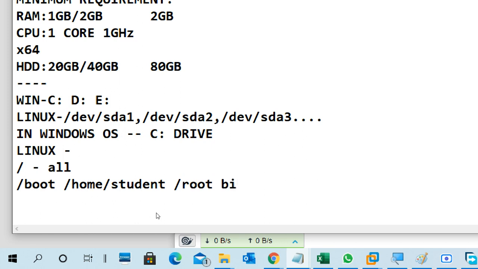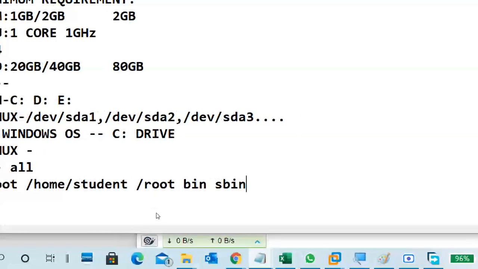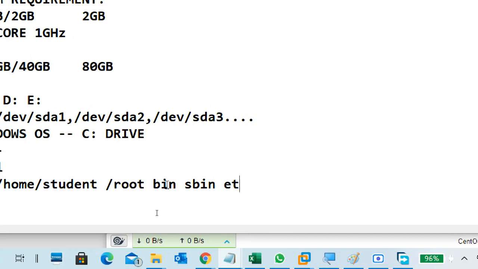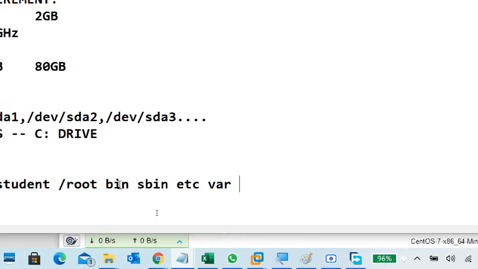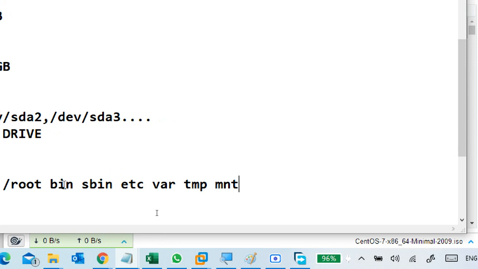Then bin, sbin, different file structures are there: bin, sbin, etc, var, tmp, mnt.